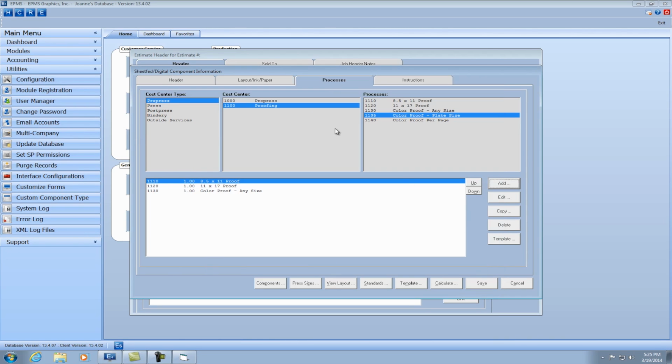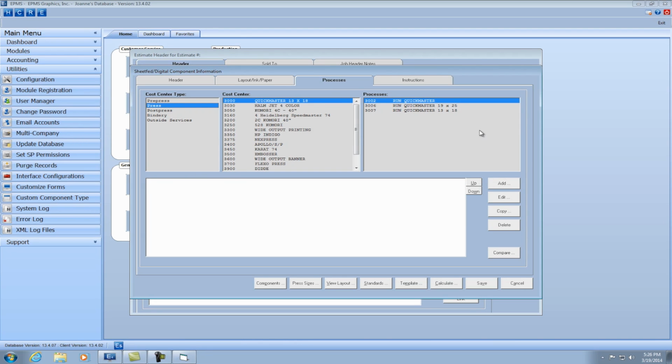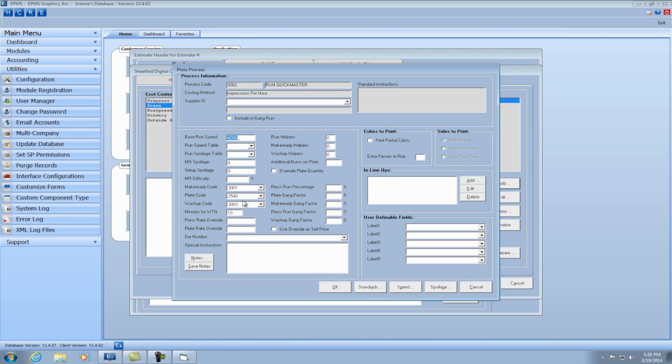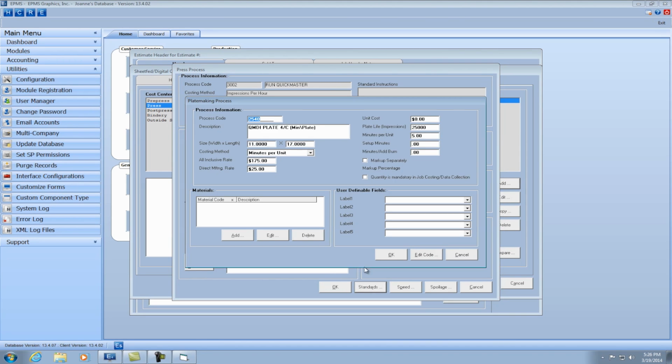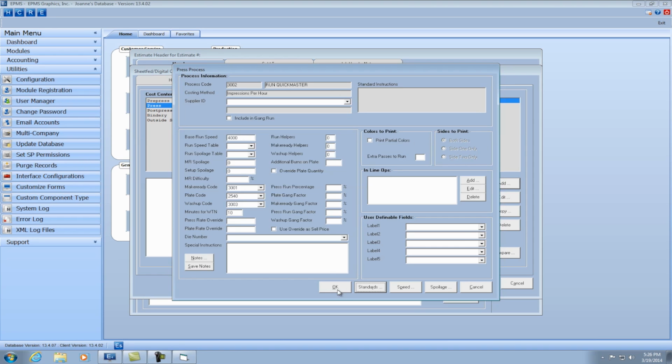Actually, let me select my plate first. I noticed that came in at 0, so I must not have a plate selected. I don't have a press selected. So let's select my press. And let's go in and check the size of that plate. And that's an 11 by 17 plate. So now with my press selected,